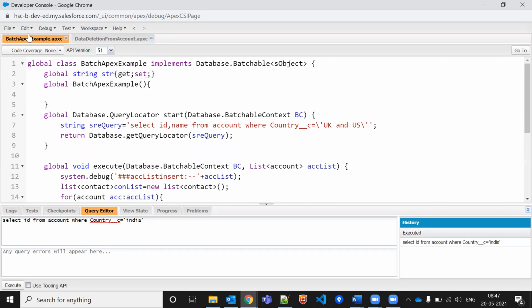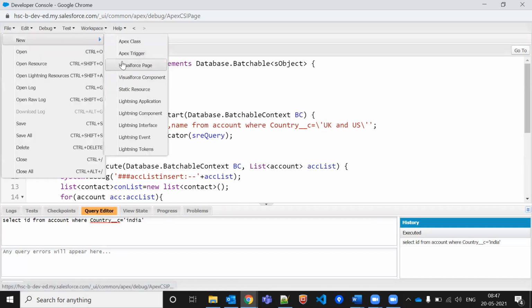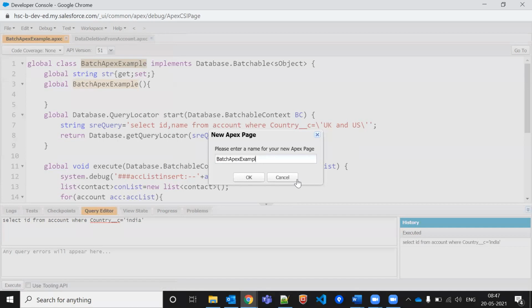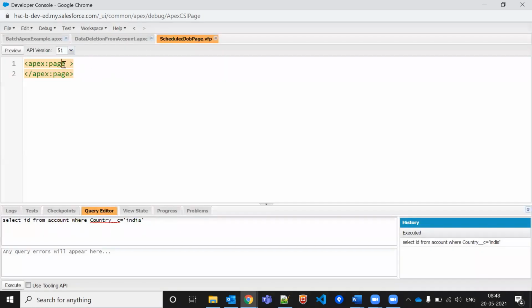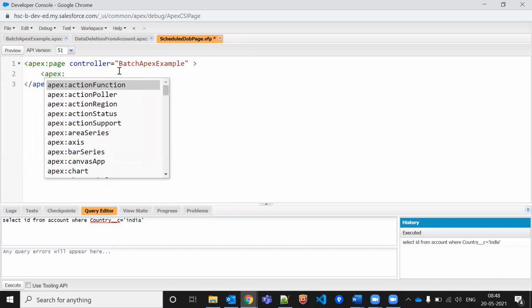Let me just create one of the Visualforce page, and let's call this batch Apex in the Visualforce page. It's a batch Apex schedule job page. Controller. These controllers, let me just pass some of the form and all.